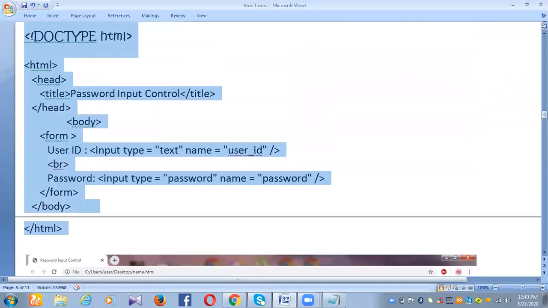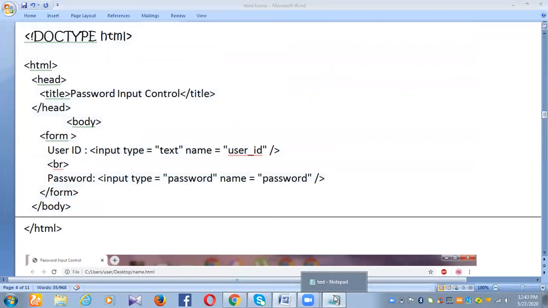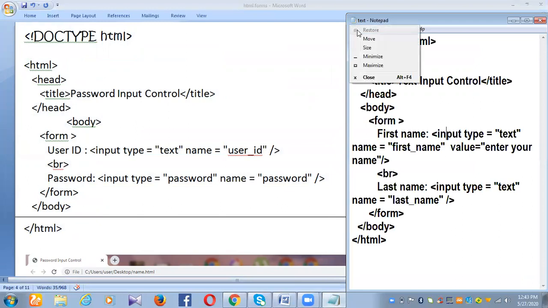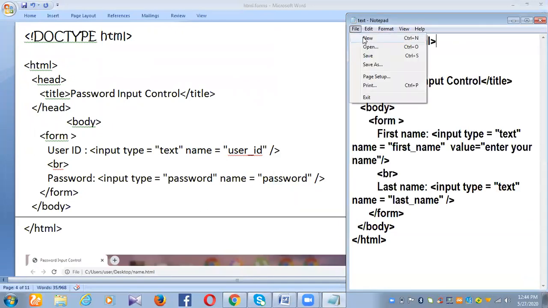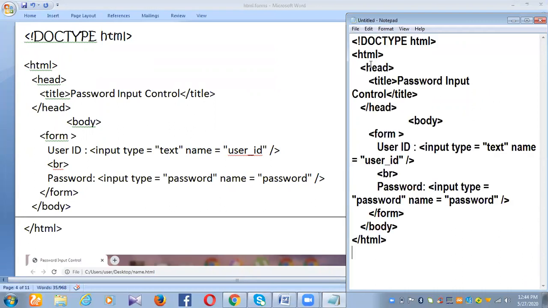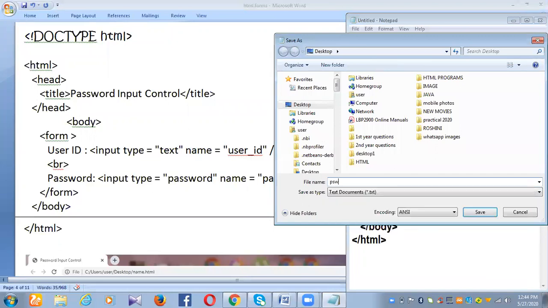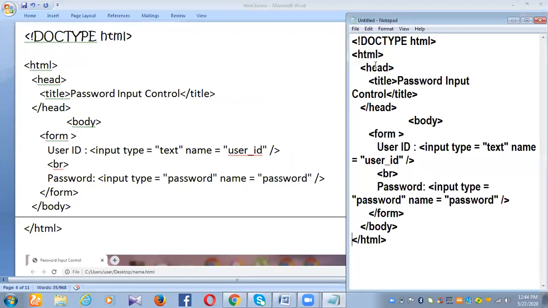Let me copy the text for you. Let me save it as wd.html.